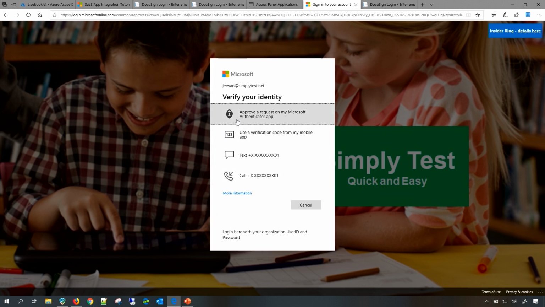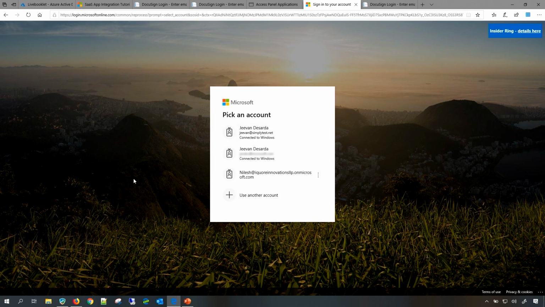Either I can use my authenticator app to approve the request, or I can do a text or call as needed. Once you do this, it will prompt you for the consent permission as I've shown in these slides. And once you provide consent to the application, it automatically gets added into your Azure Active Directory. So right now I'm not going to do this.